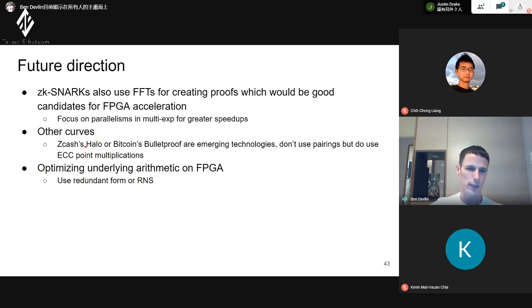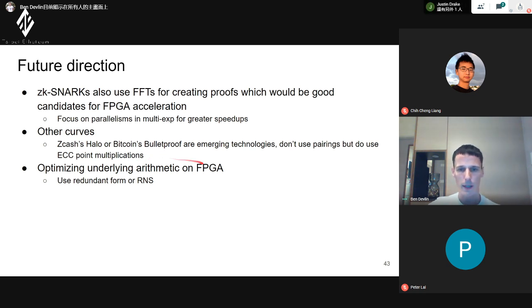Zcash also recently came out with Halo, and Bitcoin has bulletproofs, which are for very private transactions. They don't use pairings, but they do a lot of ECC point multiplications. So there's still some opportunity for acceleration.